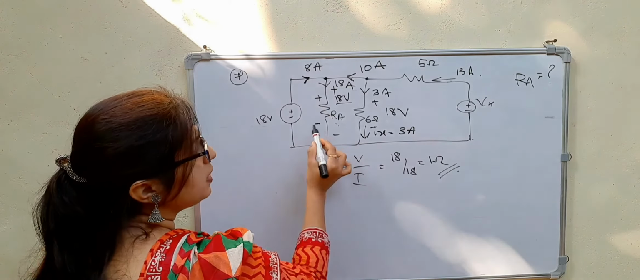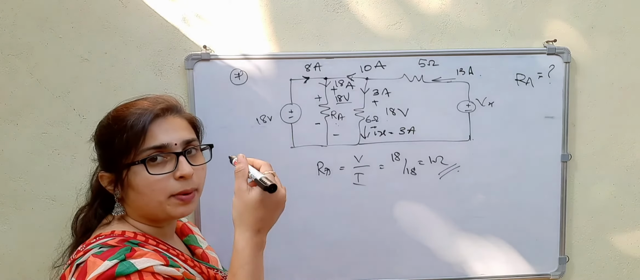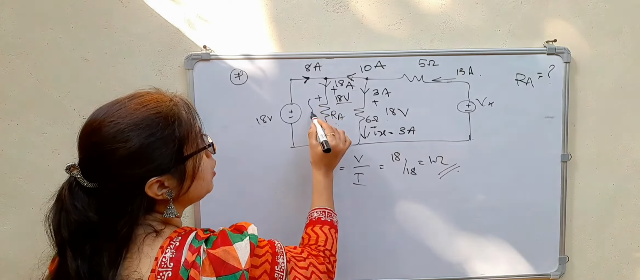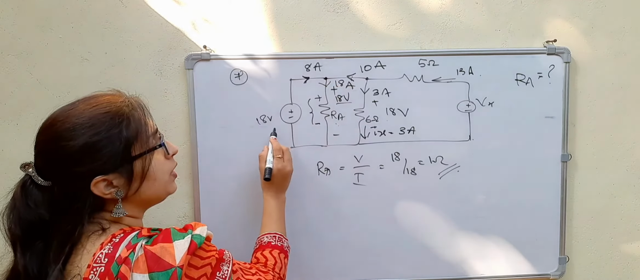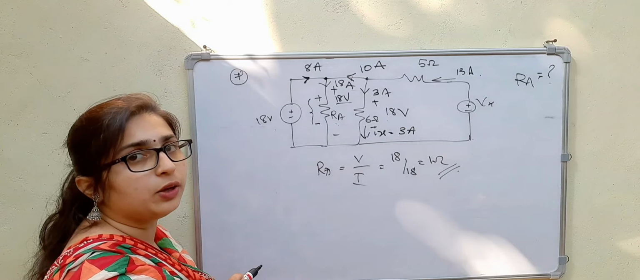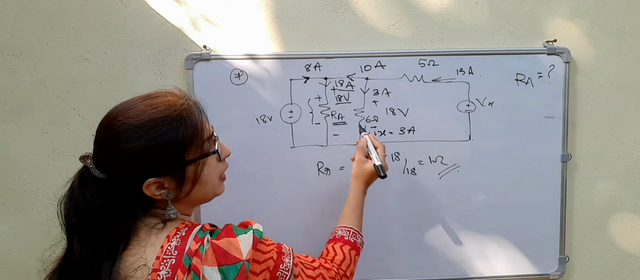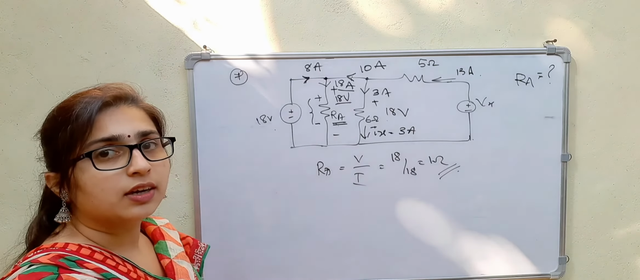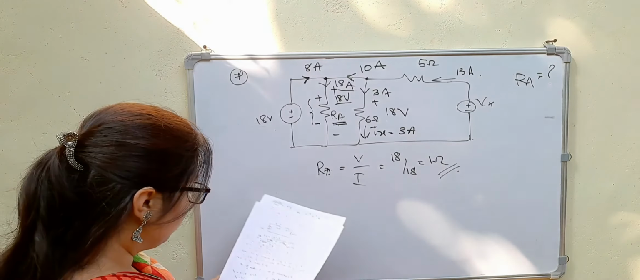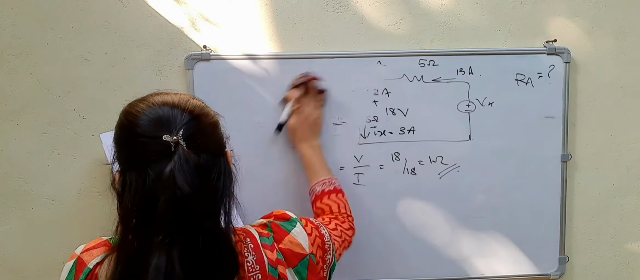And the drop will be this because the current flows from higher to lower potential. Now this is 18 volts because we know it is across the voltage source of value 18 volts. So we know the voltage, we know the current. From that we can find out the value of the resistance. Okay. Next is